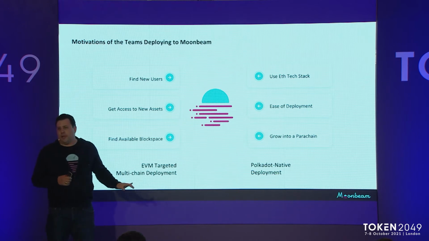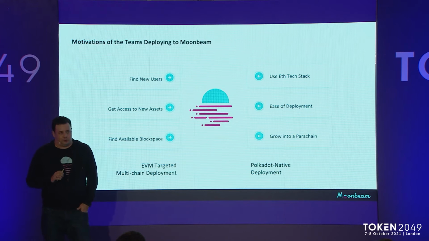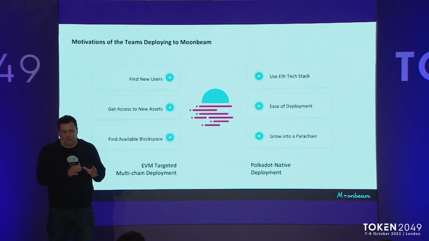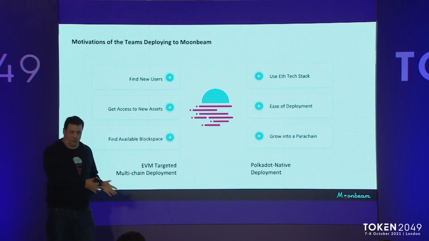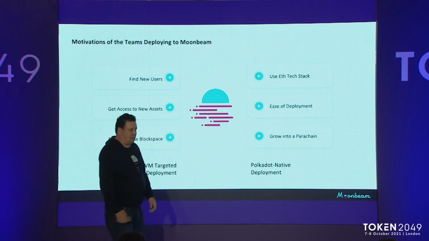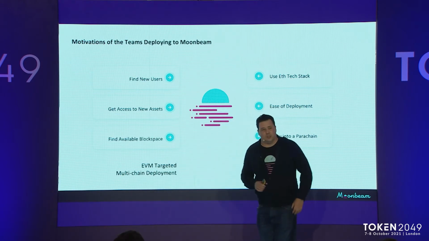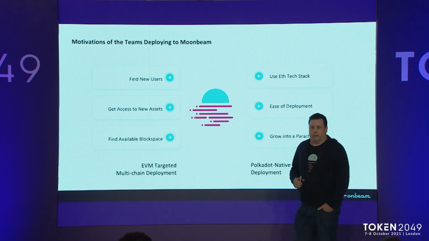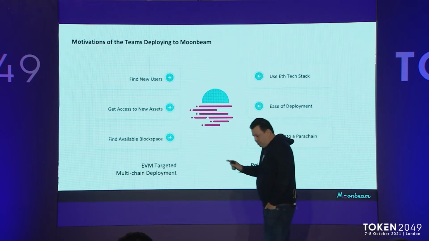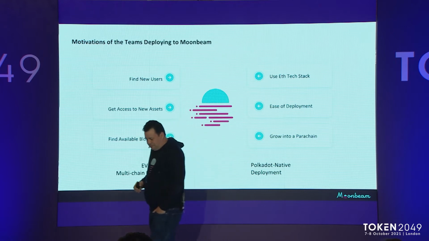And when they're doing that, note that it's really these EVM-compatible chains that are getting the most traction. The reason is simple: that's the implementation they had. By targeting EVM chains, you don't have to change a lot. It's not a whole re-implementation effort. You can just deploy your existing code onto things like BSC, Polygon. And for people trying to get to the Polkadot ecosystem, we're one of the logical destinations, because again, you don't have to change anything. So that's one category of team.